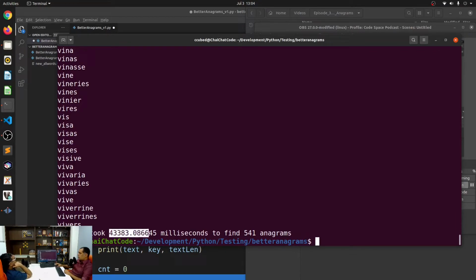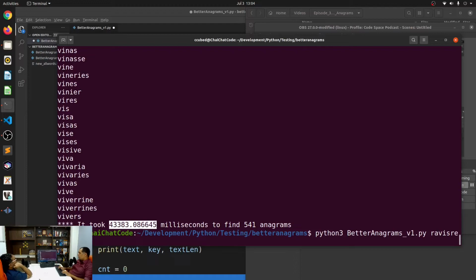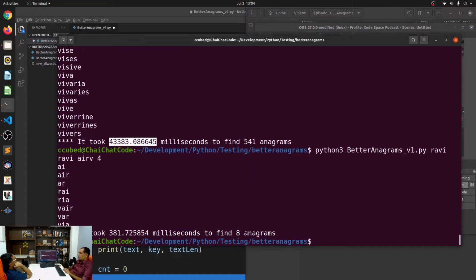All right, and it took about 43 seconds to do it, but I think that's fine. It's still better than the old way of doing it, which will never hang. Right. So now, let's compare it to the old one once again. The old one took almost no time to compute something just 4 letters long. But let's do it in this one. You can see that it took a little bit more time than the old one, but I think it's still okay.